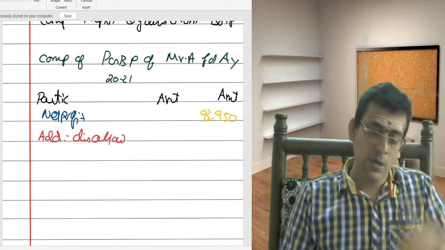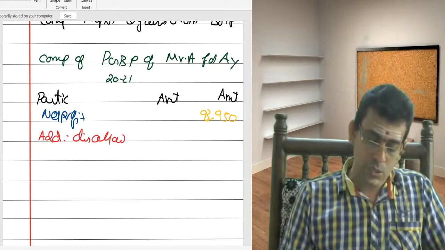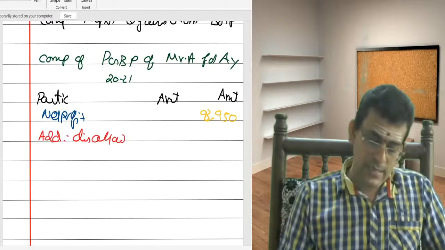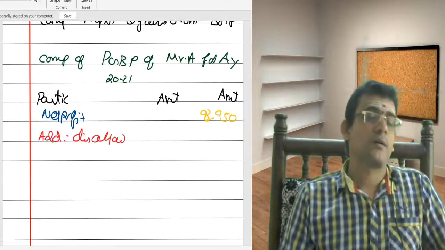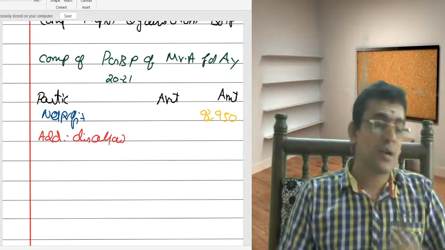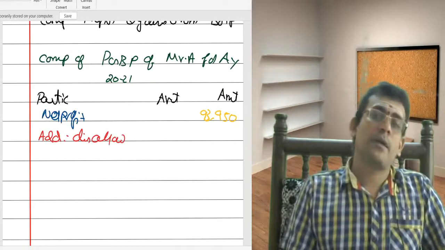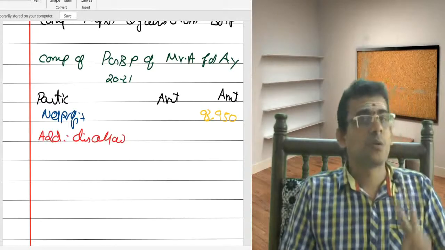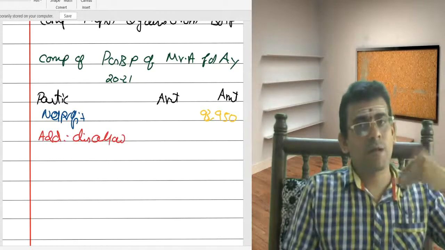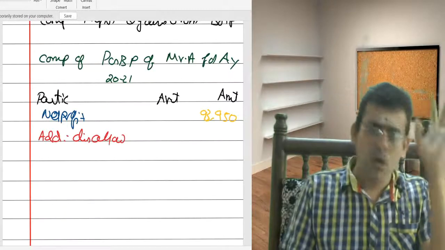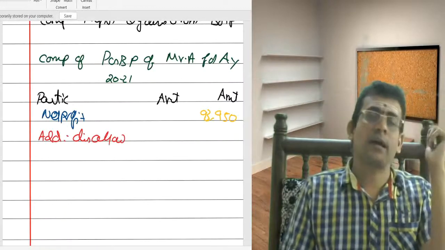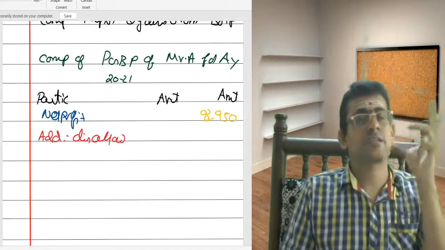Then what? Amount paid to Scientific Research Association, 1 lakh. So what does the act say here? The act says you can take that as reduction to the extent as it is approved, 150%. So what will I do? As you are making payment to an approved association, two things are there. Disallow 1 lakh, take 1,50,000 as reduction. Or as already you have taken 1 lakh, when you take reduction, you take extra 50,000 as reduction.